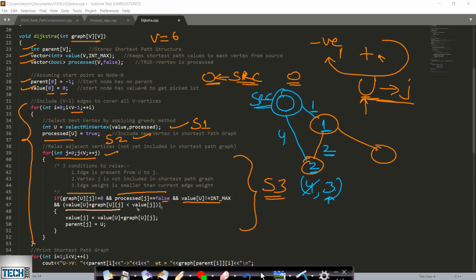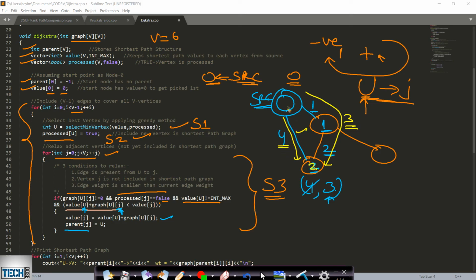Okay, so when by including this node u, if we can decrease the shortest path from source to j, then we will update the value, and we will also update the parent, because in this case if you can see, this path is having lower cost. This is having cost equals to 3 and this path had cost equals to 4. So initially this edge was included from 0 to 2.